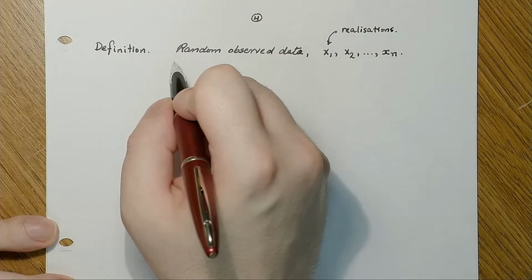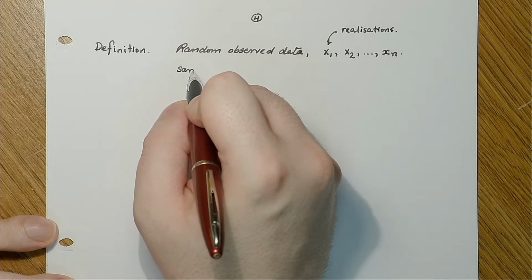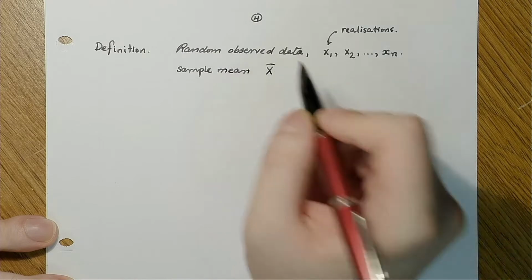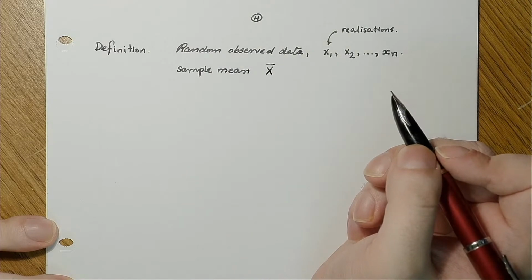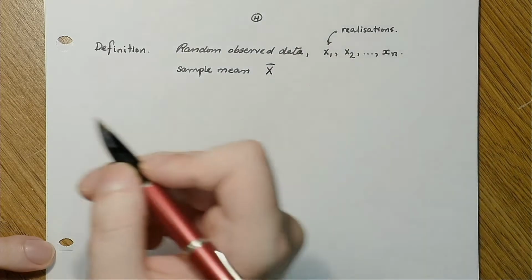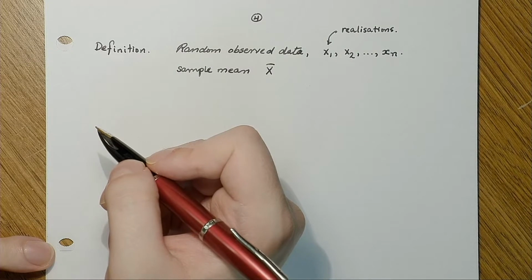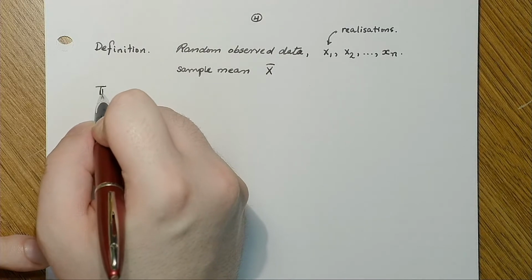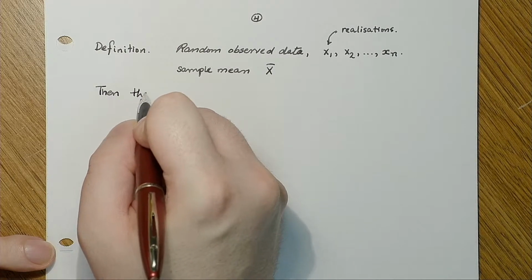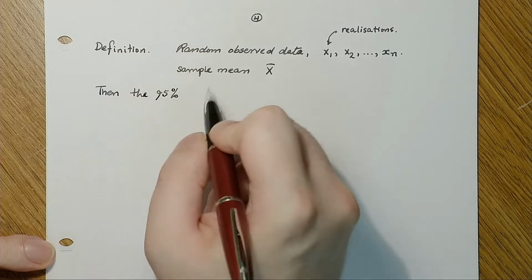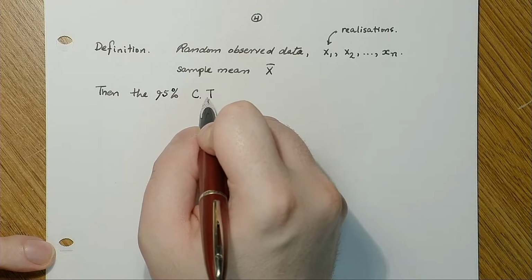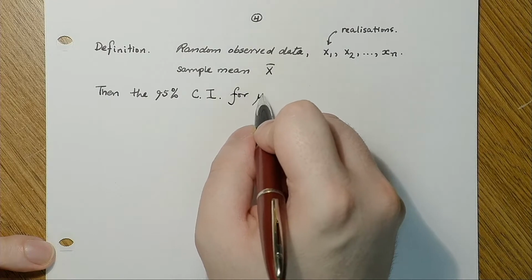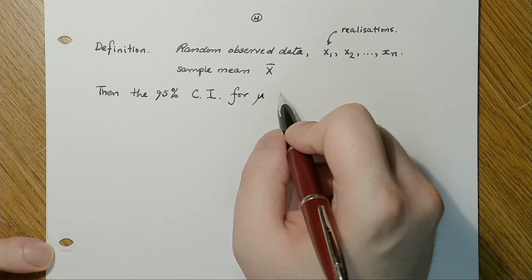Then you would have a sample mean. Then the 95% confidence interval for mu is